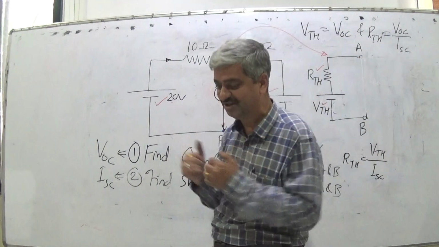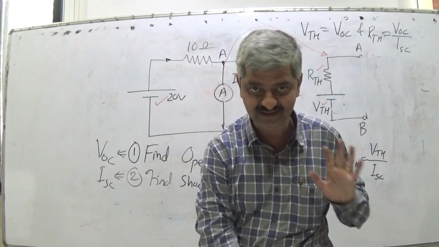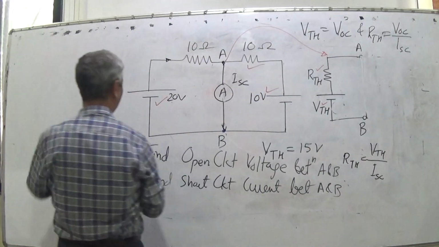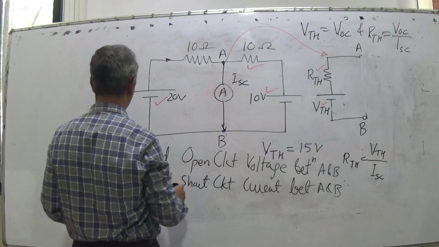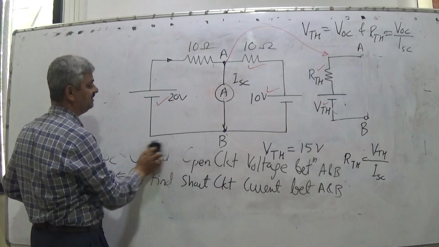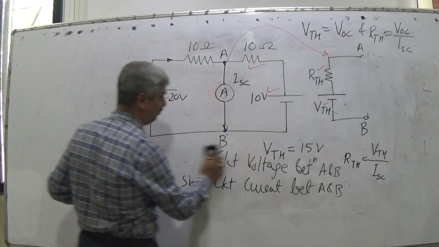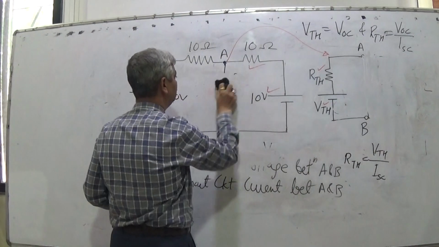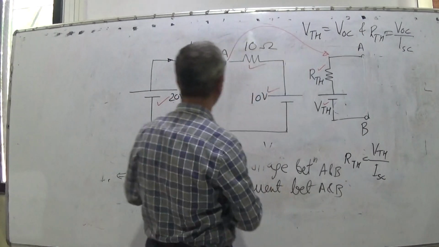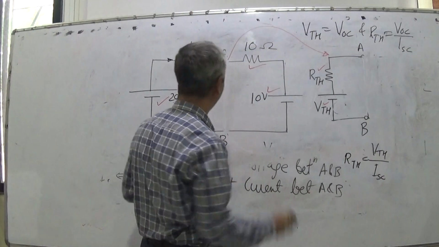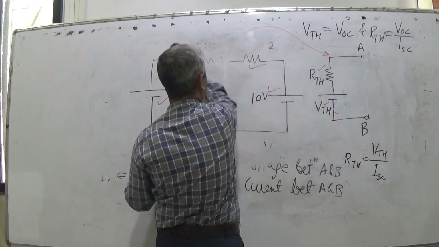It's somewhat tricky. Is it clear? So, open circuit voltage you easily found out. Short circuit current is to be found out. It is somewhat tricky. So, if I connect directly, now to give you a hint,